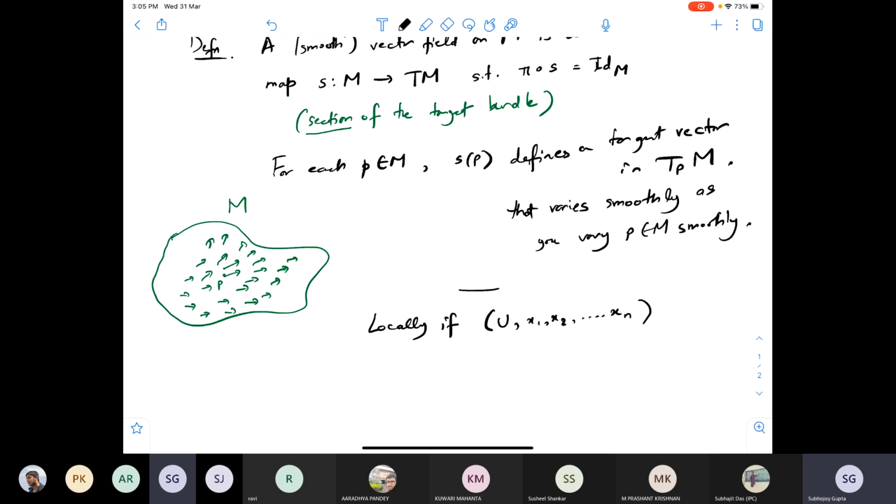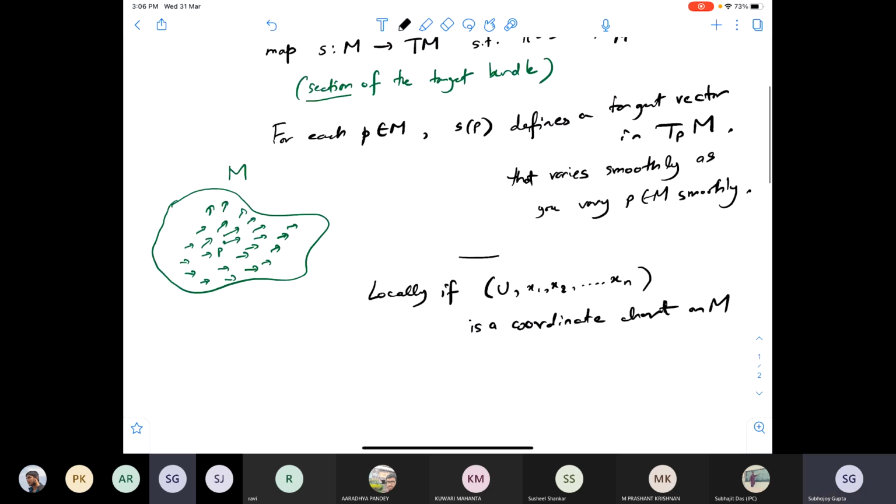You can think of U as an open set that's parametrized by some open set in Rn, and the coordinates that you obtain on that open set U are given by x1 to xn. So if this is a coordinate chart on M, then